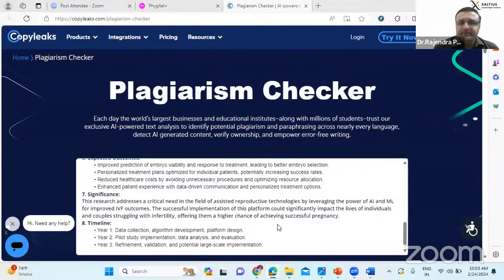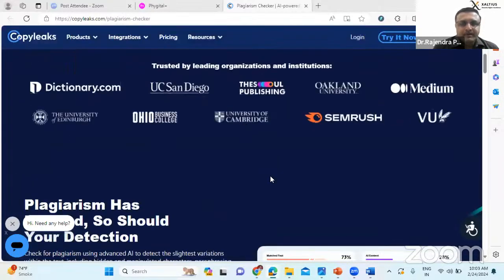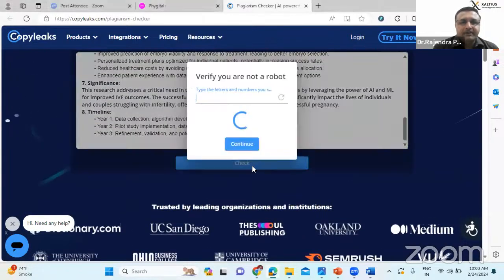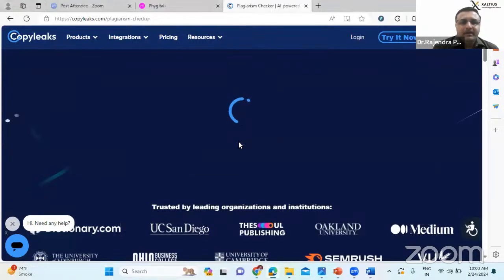Now asking it to detect. Asking to check. Hope you all can see. Yes, provide the keys. And now I will get the report, whether it is generated by Gen AI or not.